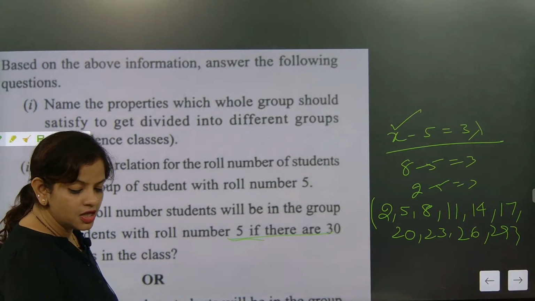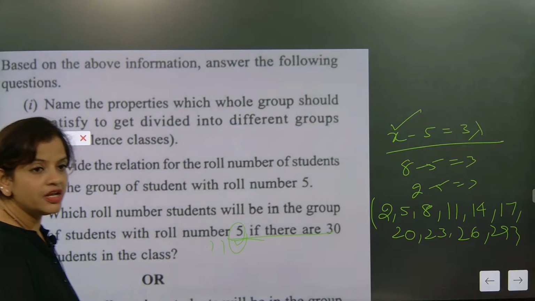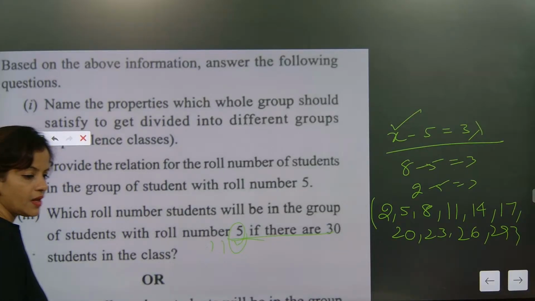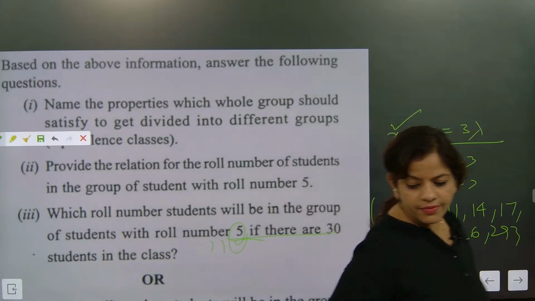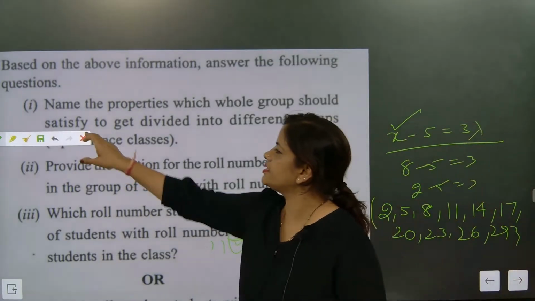Now this is another part. So when number 5 is fixed, then the equivalence class is coming like that. I hope everybody understood. When number 5 will be there, then the equivalence class is coming like this. Now the next part is,